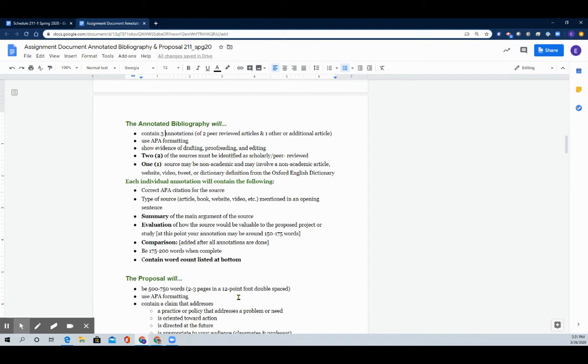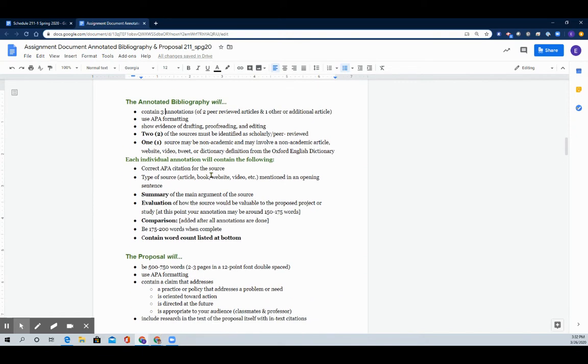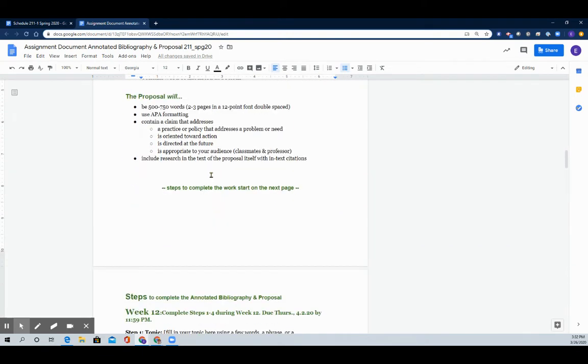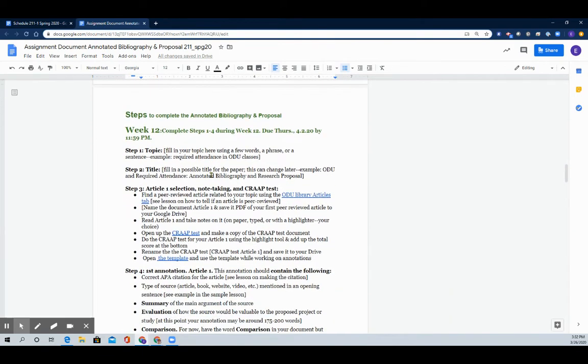It might be a review for some of you, and some of you may have done annotated bibs before, but I know that mine is a little different from other people's, especially because I've really condensed this and tried to make it as understandable as possible. Okay, it's still very abstract until we look at an example. So what I'm going to ask you to do is, on your own, I want you to read through this assignment sheet. I'll just point out a couple more things in here.